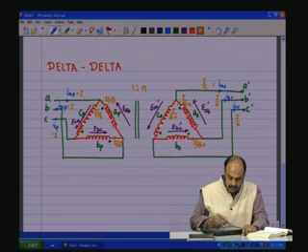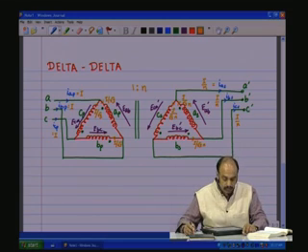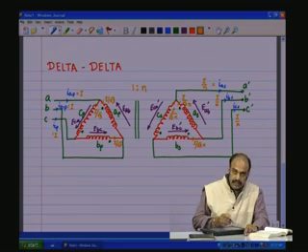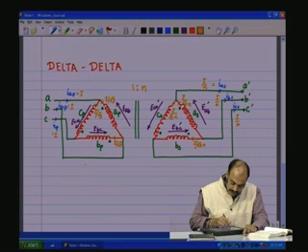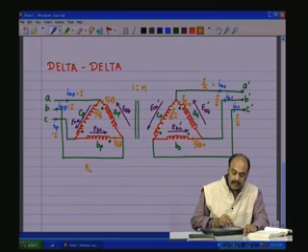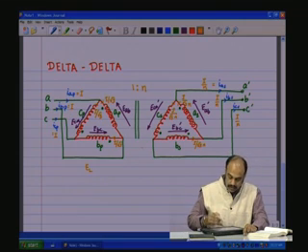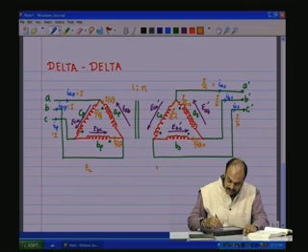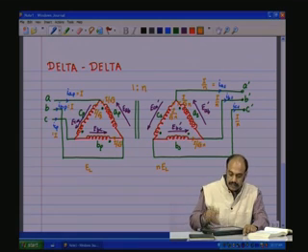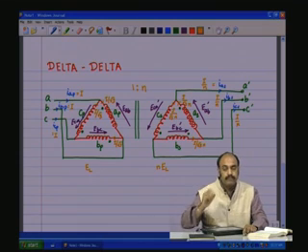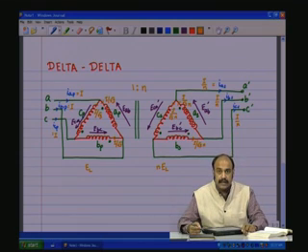Let us say all the line voltages are equal in the case of the delta, meaning the effective values of all the line voltages, and the phase voltages are the same. So, we have EL as the line voltage effective value, which is also the phase voltage effective value. So, what happens here is you have n times EL as the phase and the line voltages occurring on the other side, that is the secondary side.